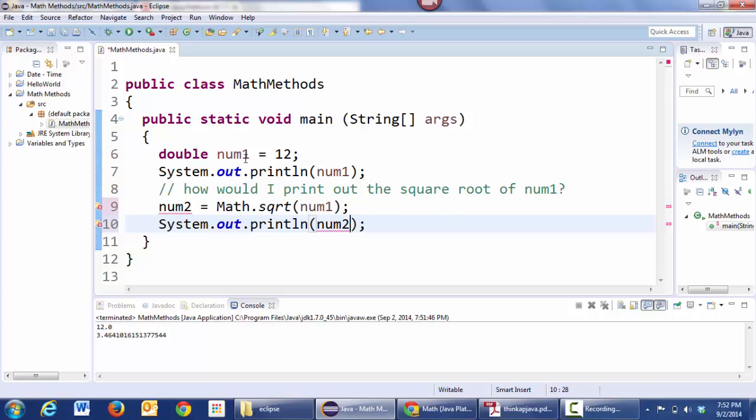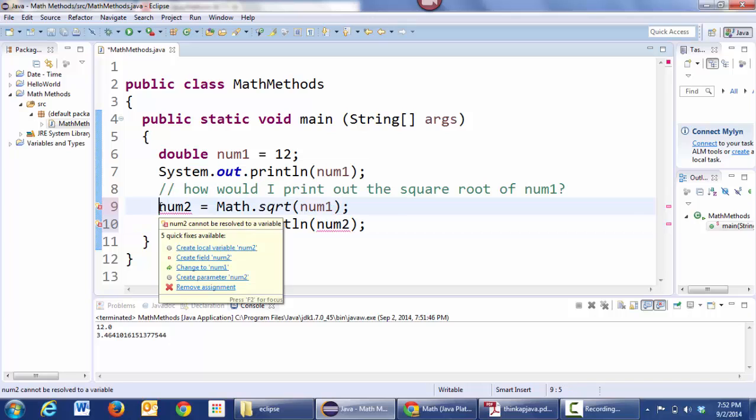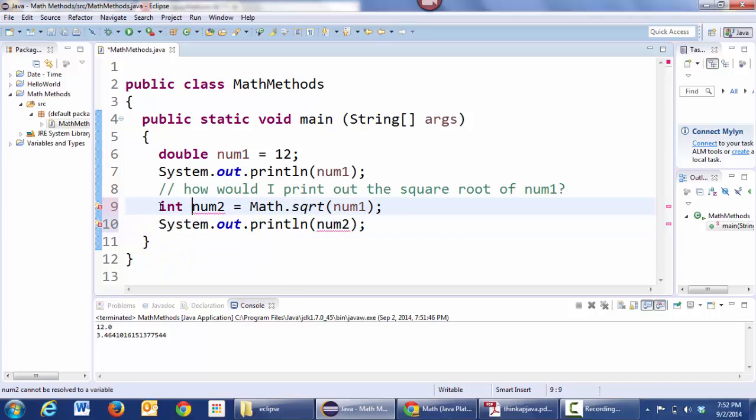Now that's why it's important to know what kind of thing it gives you back, because I got to create this variable, so I got to get its type in front of it. If I try to do an int, it's not going to work. I'm still going to get an error because the square root function gives me back a double. So if it gives me back a double, I need to store it into a double. And you can see we have no more errors, and now it actually compiles and runs,